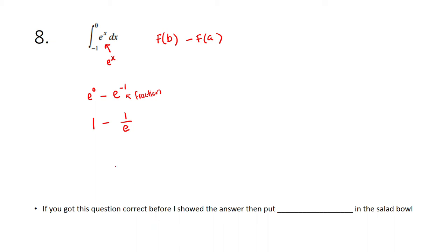I will take that, but if you want to combine this to be one fraction, that means we need the LCD, which means we could write this 1, the LCD would be e, so we need to multiply both the top and bottom by 1, and then we would have that. This is probably a little bit better, but if you wanted to say this,